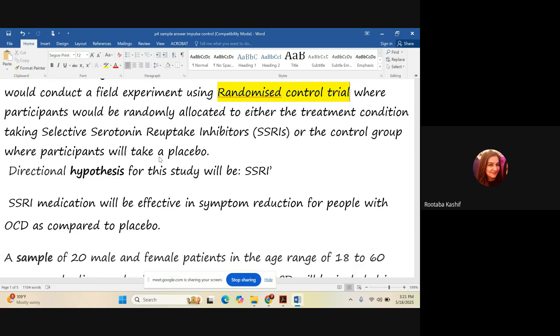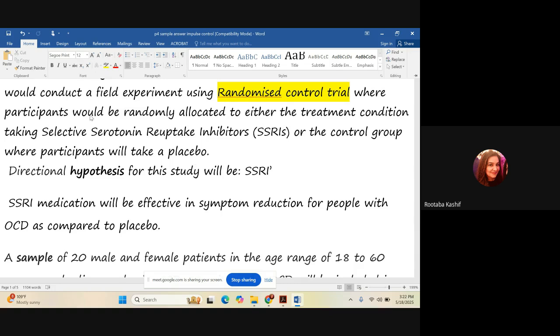So if you are using such words, this is a tip: if you're using any psychological terminology, you have to clarify by explaining what it means. So a randomized control trial basically means the participants would be randomly allocated to either the treatment condition, where people will be given selective serotonin reuptake inhibitors, SSRIs, or they'll be in the control group where the participants will be taking